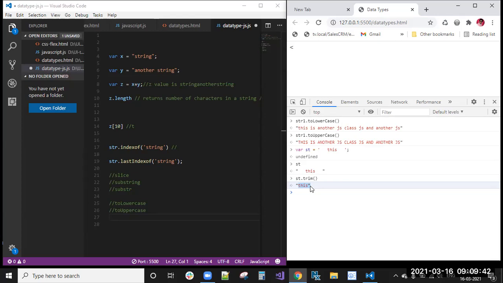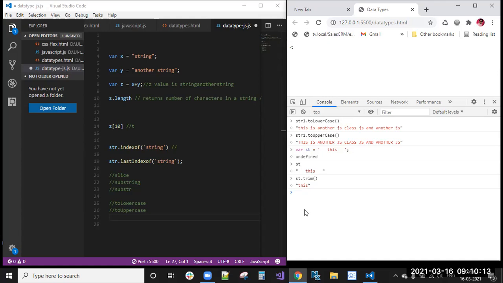That is the trim method. Trim is the method used to remove the extra spaces in a current string. If you want only a single space and you have given two spaces, those two spaces are not required, right? In that case, you will use the trim method. It will remove the extra spaces in a string.